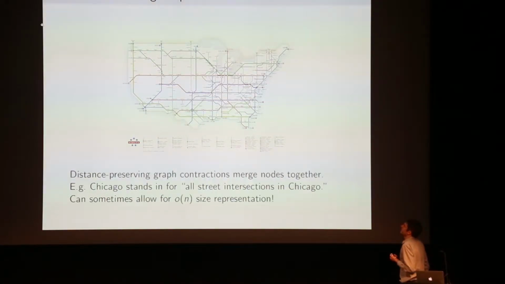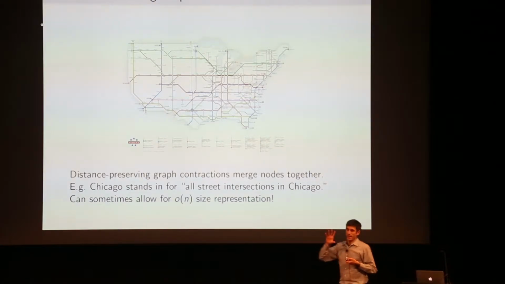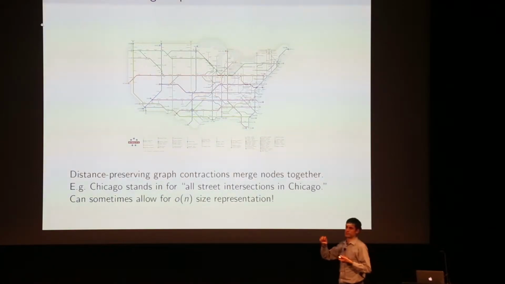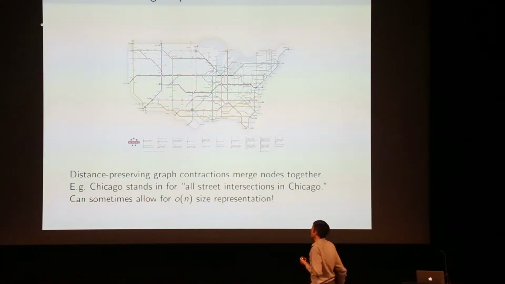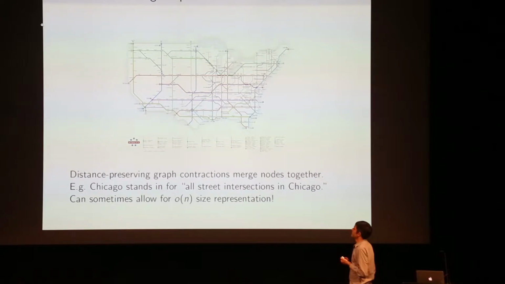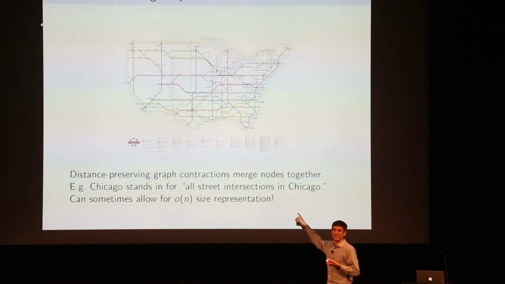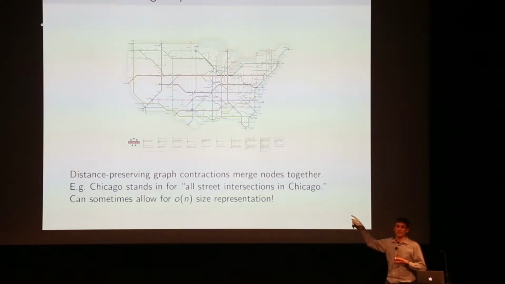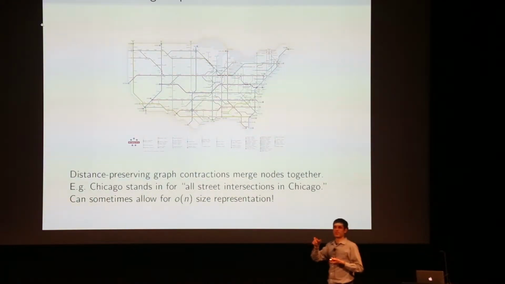And the really innovative idea in this paper is to look at contractions that merge many nodes together into a supernode instead of reducing the size by deleting edges. And if you notice the question that I expressed 2 slides ago, is it faster to go through Chicago or St. Louis? The question already presupposes this notion of graph contraction,